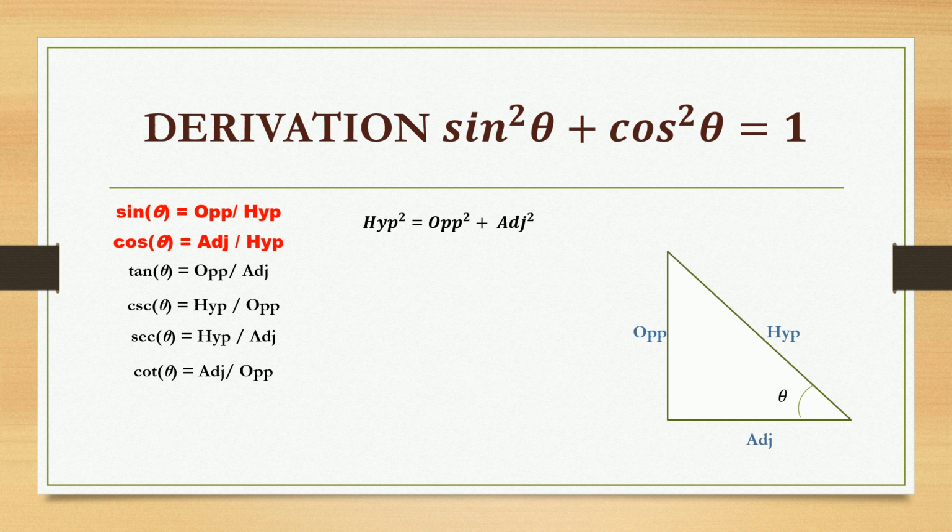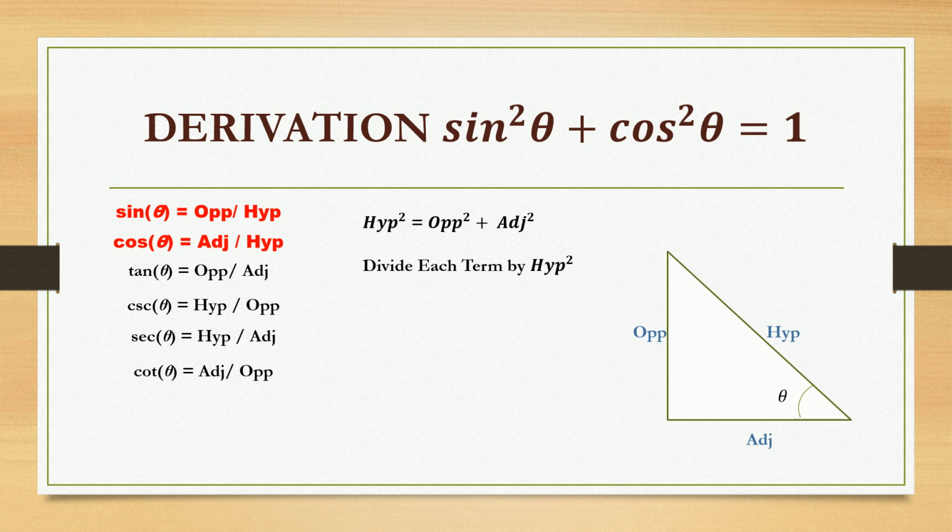Pythagoras theorem is hypotenuse squared is equal to opposite squared plus adjacent squared. For each and every derivation, I have given all the 6 definitions by the side, and the required 2 definitions for every derivation, only 2 definitions are required. They are marked in red color. So concentrate on what is there in the red color towards the left. That only, the other 4 are not used. What is in the red color is used for this particular derivation.